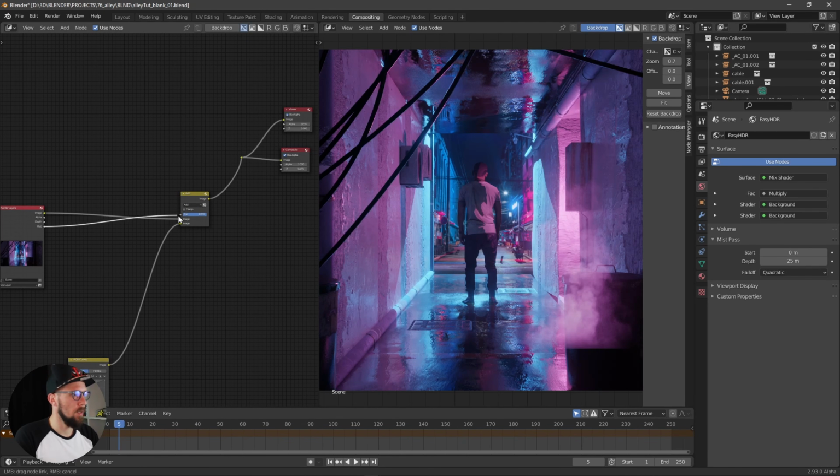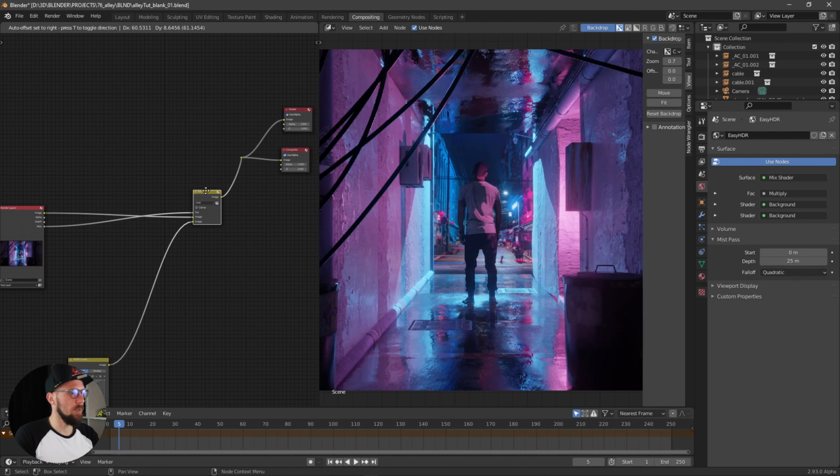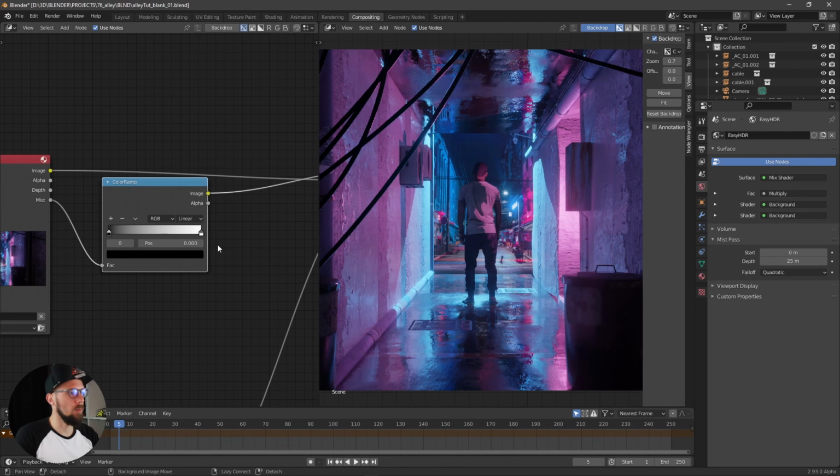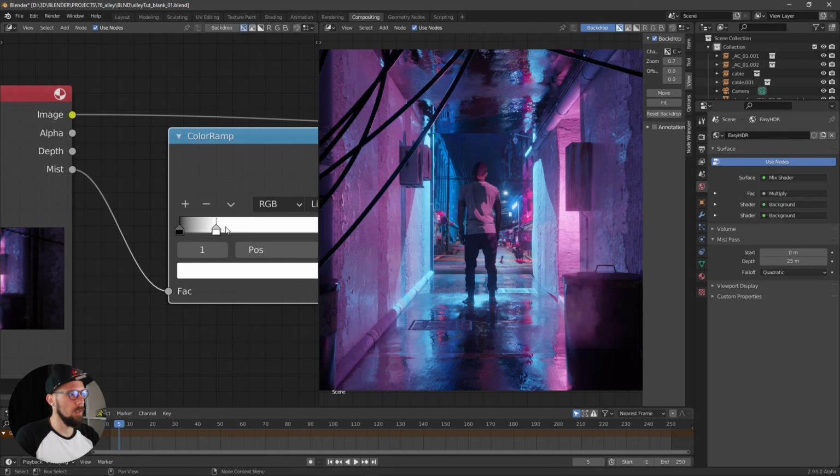here into the factor. Nothing happens. Oh, sorry, that was the wrong one here. Let's hook this mist into the factor, and now you can see it's a little bit disappearing now. And now we have to use a color ramp, put this one between here, and now we have to adjust our ramp a little bit here. As you can see,